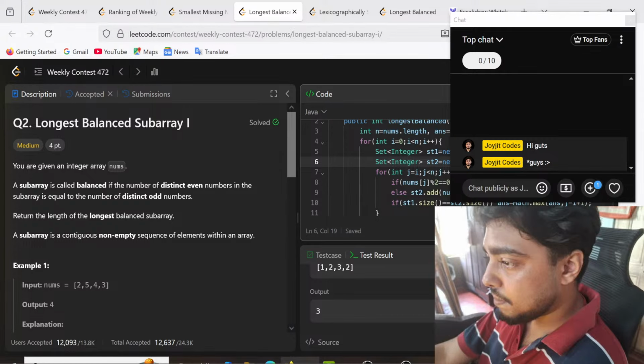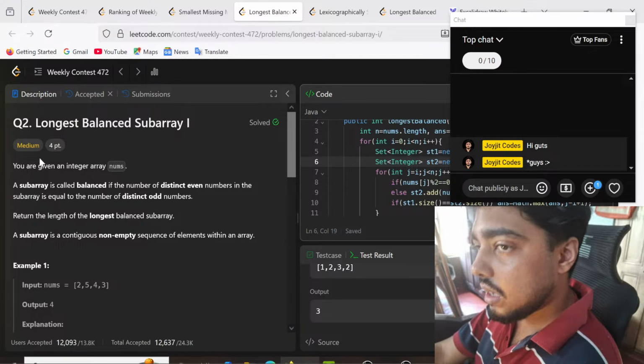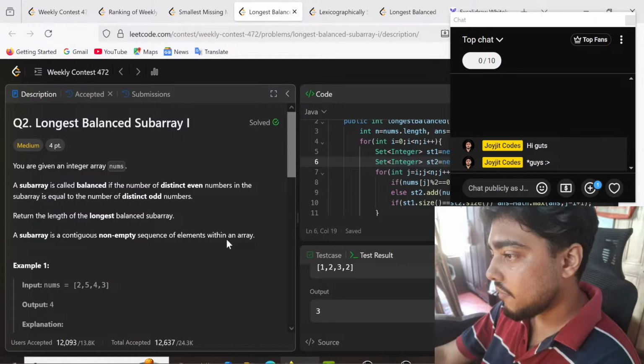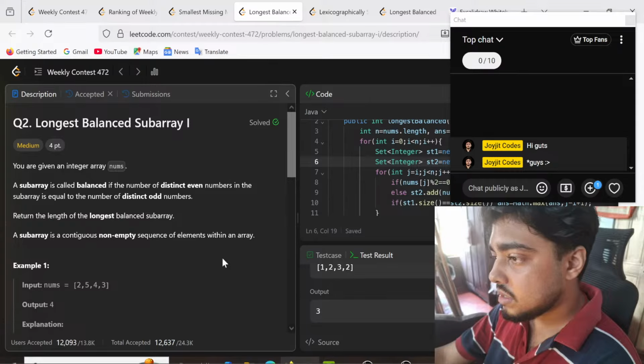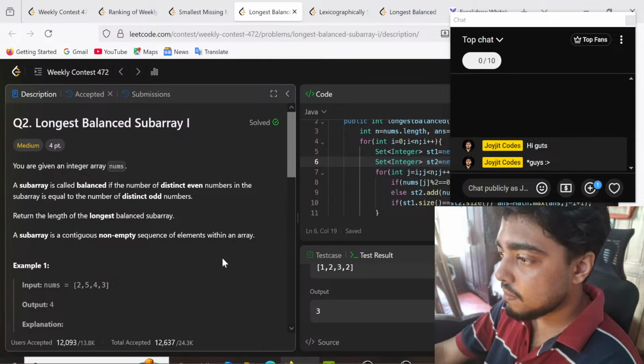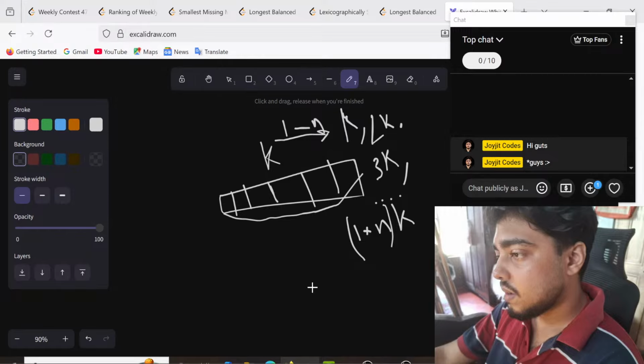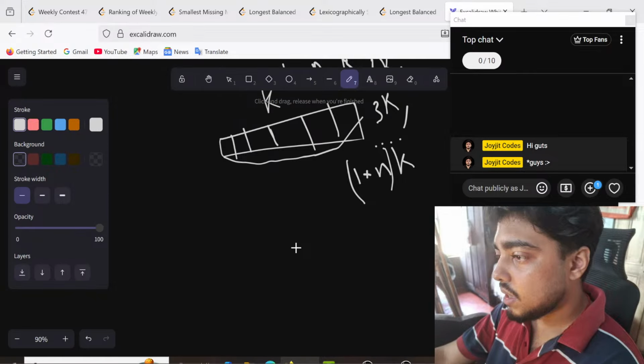Very simple. This one is also a very simple question. It is okay because of the data structures you are giving it as a medium, but if you look into it in a very casual manner, it's an easy question. Okay, it's not that medium level question. What you can do is,